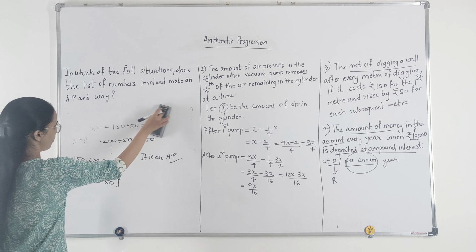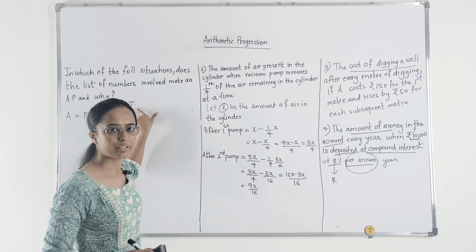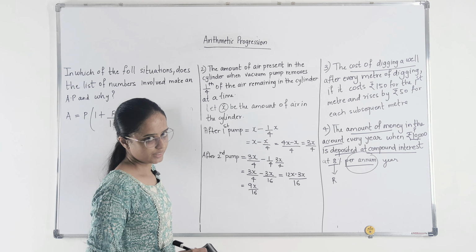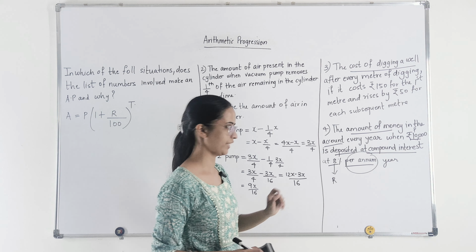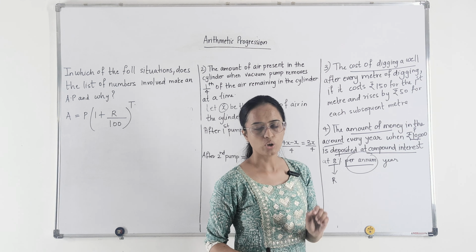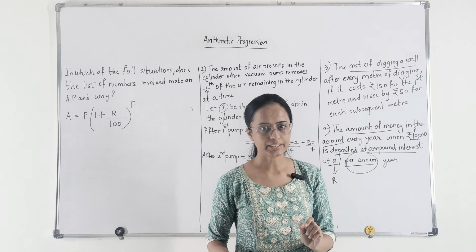Now here your A would be the total amount that you would be getting for the principal amount that you have deposited at some rate of interest, and this is your time period T. तो कितने टाइम के लिए आपने वो बैंक में पैसे रखे हैं. So since rate of interest is always in percent, 8% है, and 8% को अपन लिखते कैसे है, 8 upon 100. So R would be just the number 8 in this case.